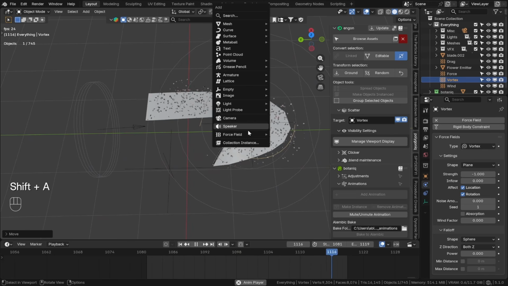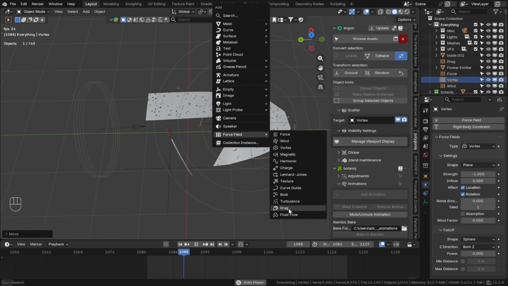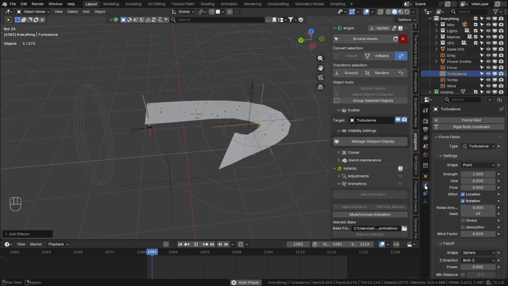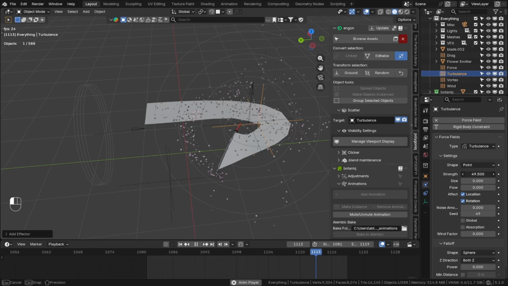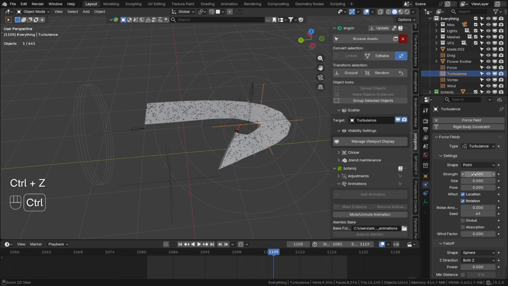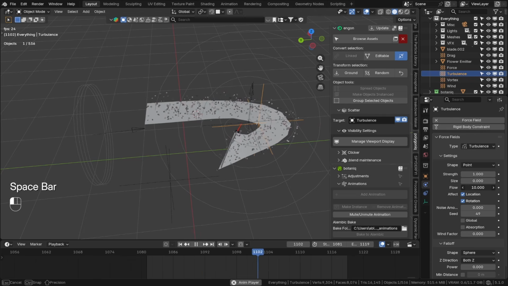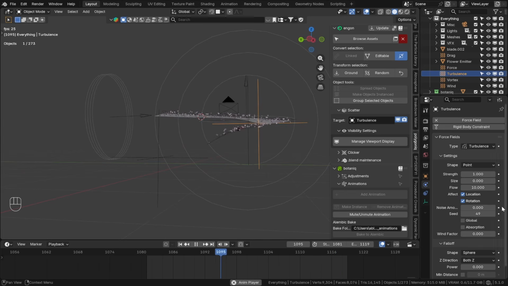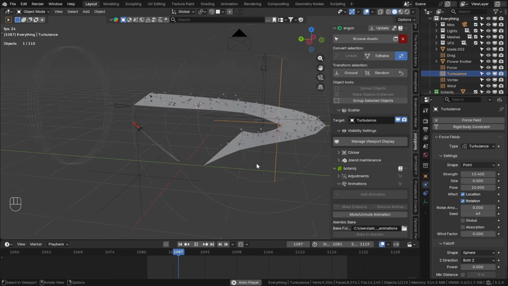Now it's all about adding turbulence forces to taste, and you can really just play with this however you like, but we're going for this specific look today, so we're going to start by changing the force to about 50 just to see what that looks like. It's a bit crazy, so we're going to bring it back down to 1 just to test some other settings. Bring the flow to maybe 10, and now we've lost all of our momentum, so maybe pump that strength back up just to see what looks good. Gonna go to about 15